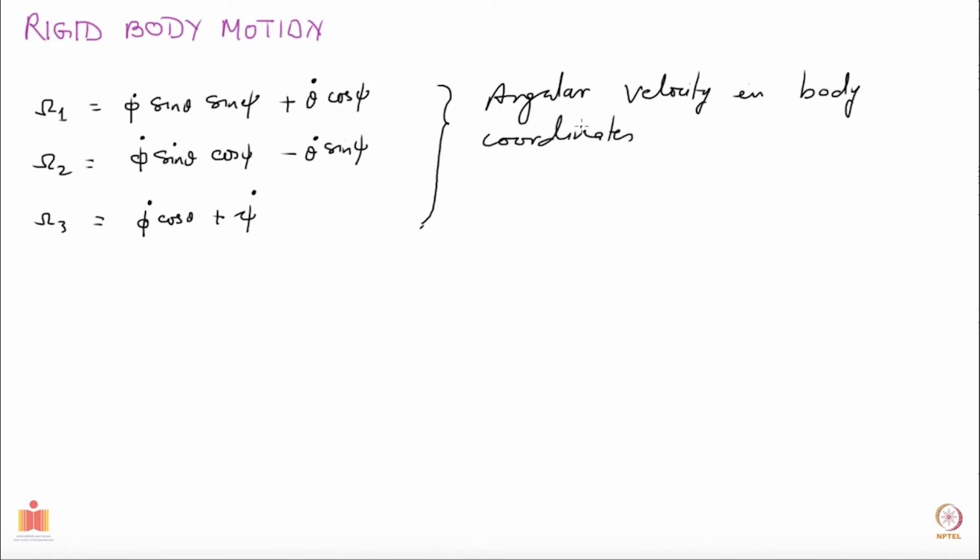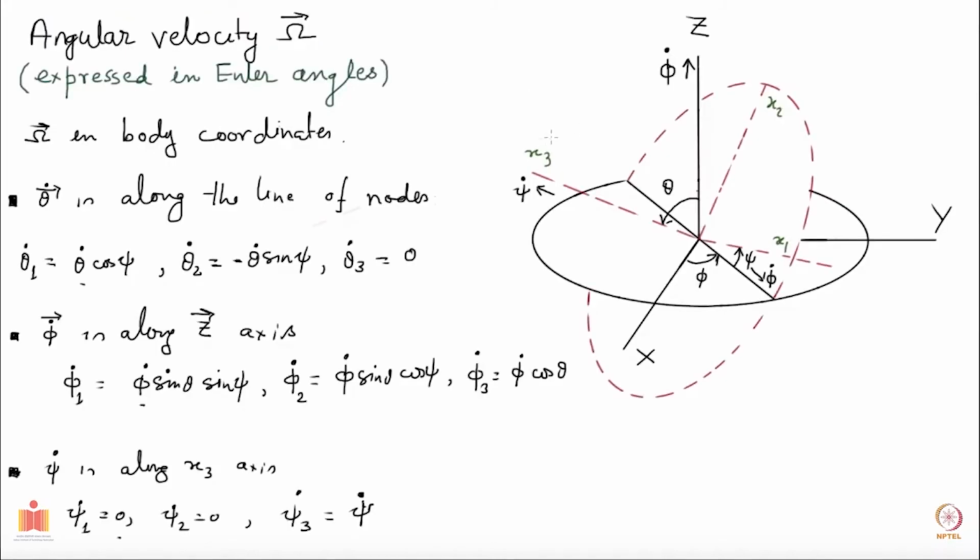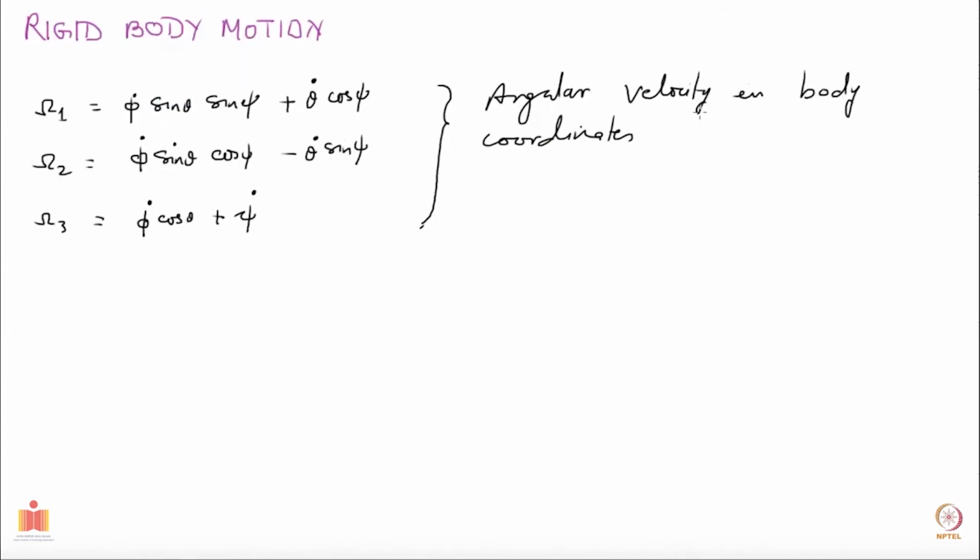But you could as well do this decomposition in the space frame, space coordinates, in terms of capital X, capital Y, and capital Z. That will also be fairly simple, so I leave it as an exercise for you. Just repeat what I have done and decompose, instead of along x1, along capital X, capital Y, and capital Z. And you should be able to obtain the following result.